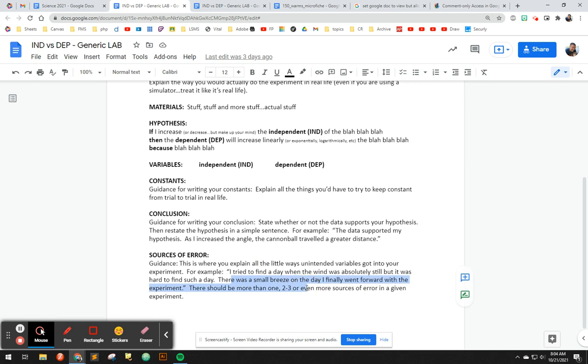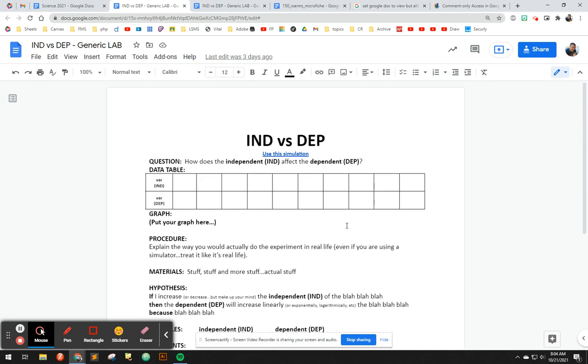Like what I mentioned here, there could have been a small breeze. It's kind of hard to control the wind. There's also pockets of air. You have to use your imagination. There's got to be pockets of air that are warmer and cooler than others. There's probably convection currents in the air that we don't really see because we can't see them moving, but they're there. So stuff like that, and get that all done, and I think you'll have a perfect